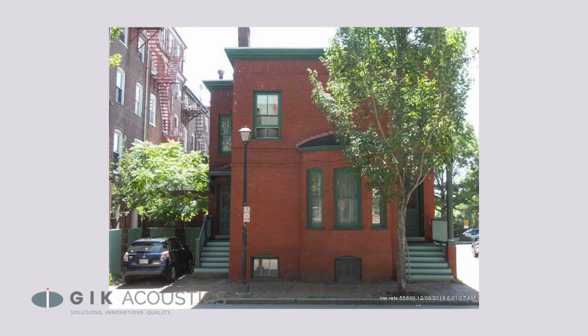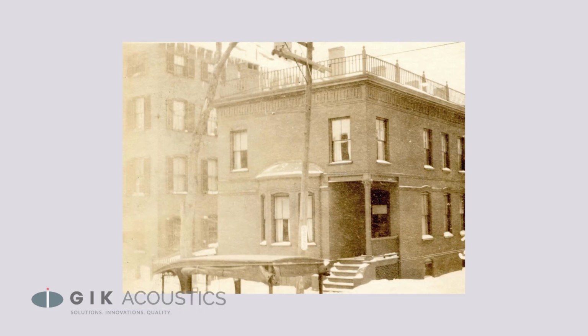So why don't you tell me a little bit about the room? What strategies and products did you use to treat it, that kind of thing? Well, okay, so the room is really small. My wife and I, probably 6 years ago, bought a house right in downtown Portland, Maine. And it's a beautiful house. It was built in 1897, brick, single-family home, 2 stories, but